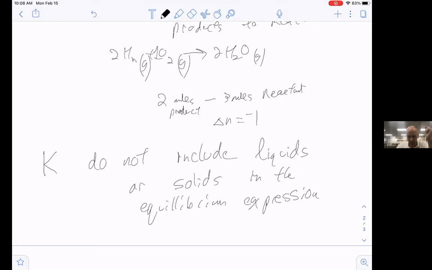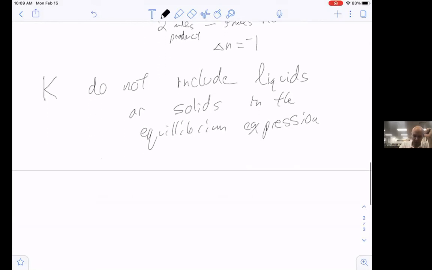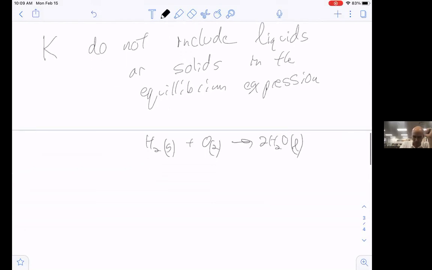So when I wrote this equation, I was very careful to make it water gas, okay, not water liquid. Because if I made it water liquid, products over reactants,